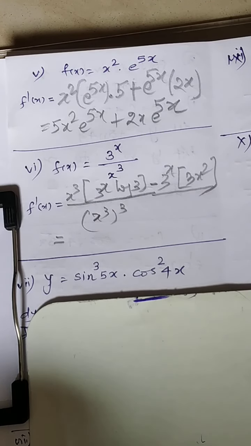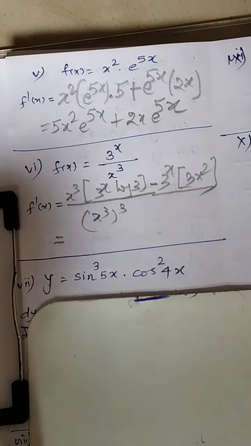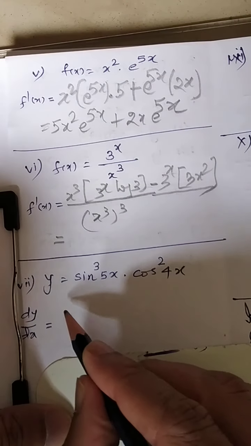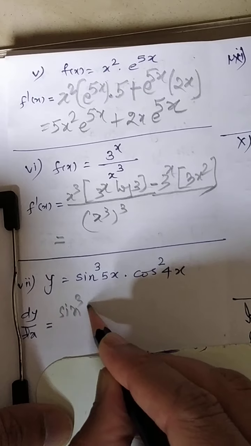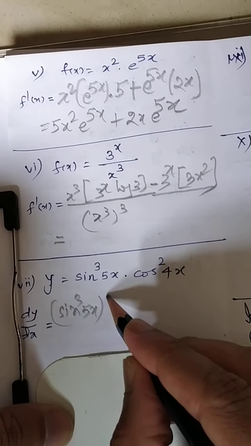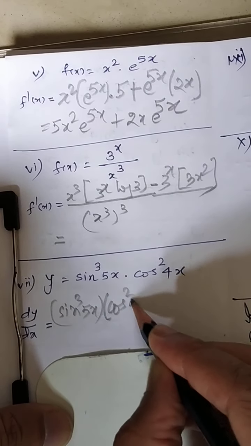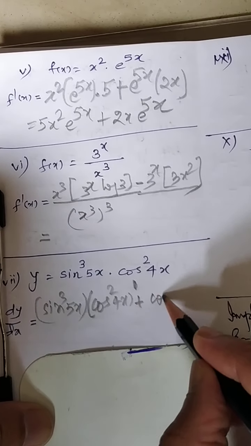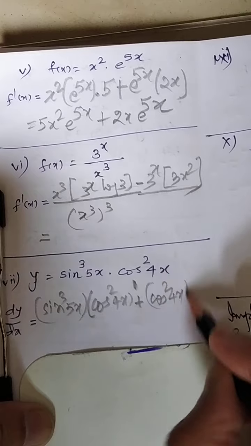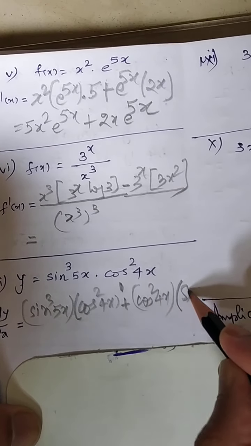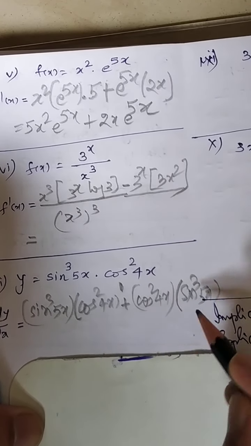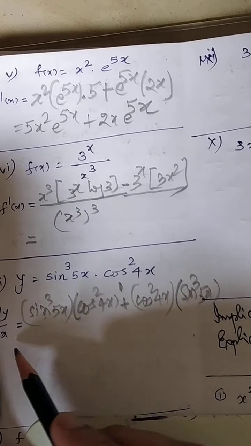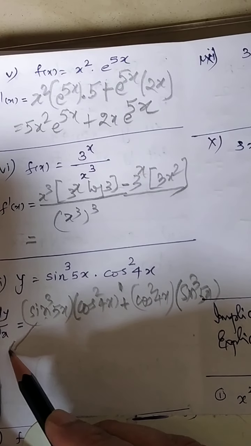This is one more question where composition of the function will be also coming, as well as the product rule, u into v rule is also coming. So the first step I am writing sine cube 5x as it is, and here it is derivative of this plus cos square 4x as it is and derivative of sine raised to power 3 5x. Now this will remain as it is, first term. So I am not talking more about this.